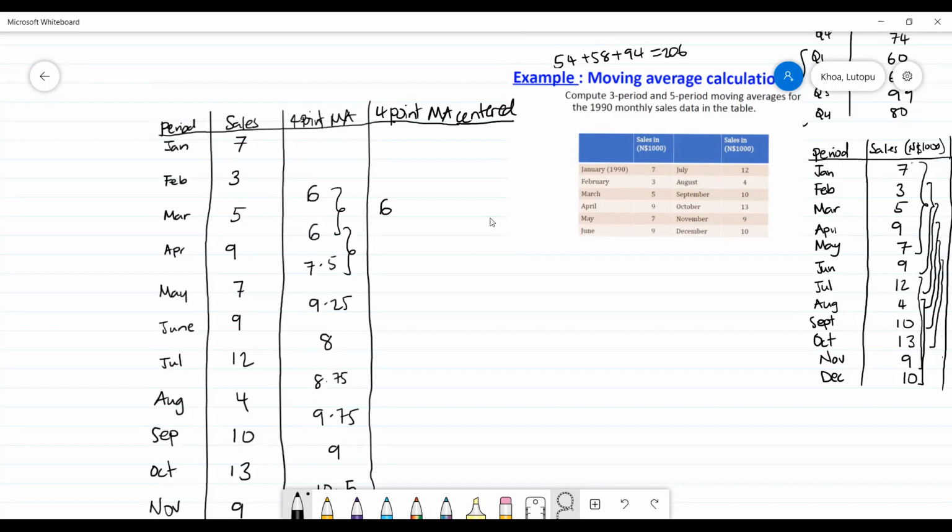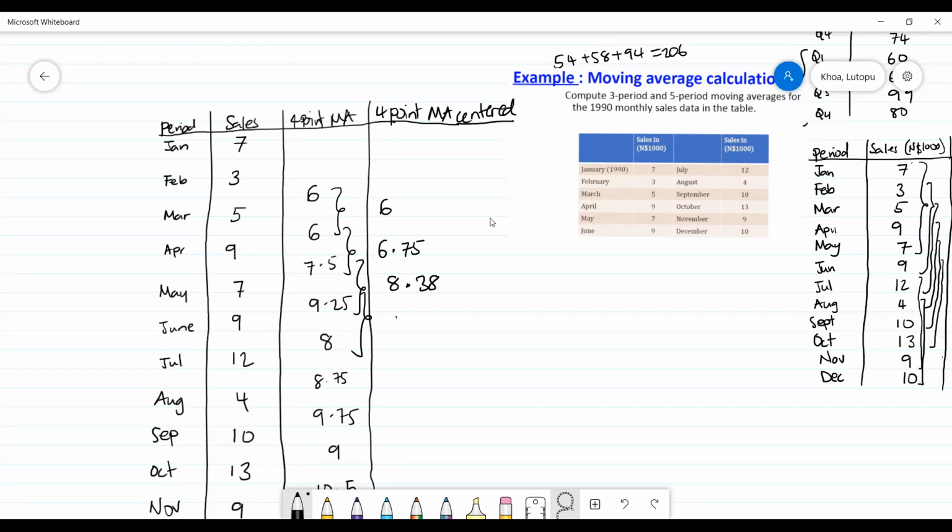And then 6 plus 7.5 divided by 2, this is 6.75, and then 7.5 plus 9.25, divide this by 2, we get 8.38, and then these two, 9.25 plus 8, divide this by 2, get